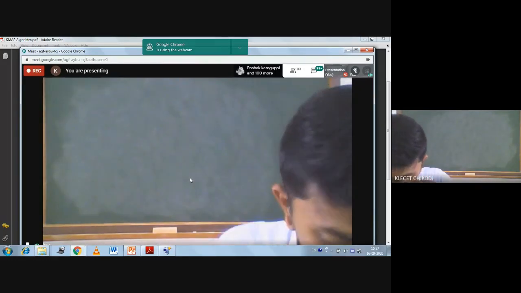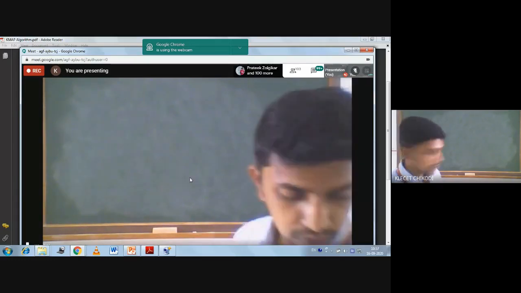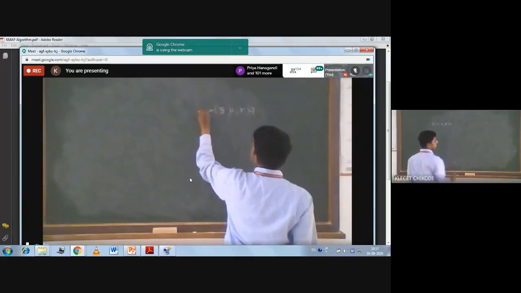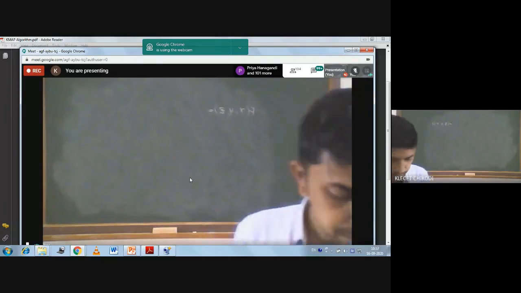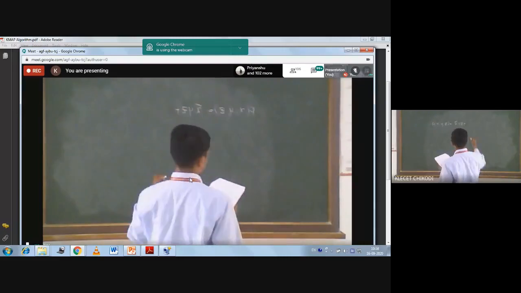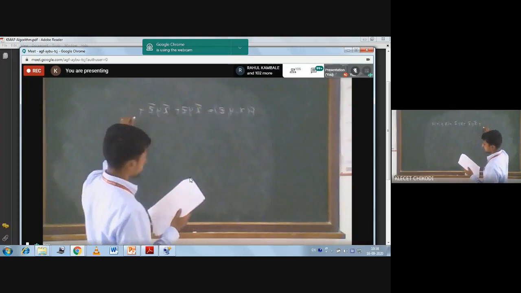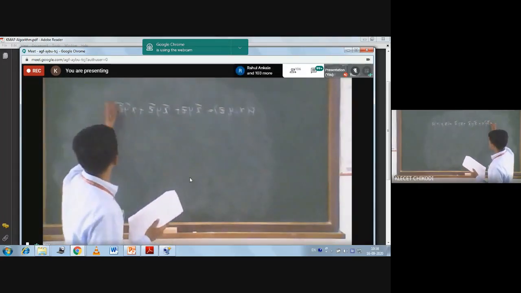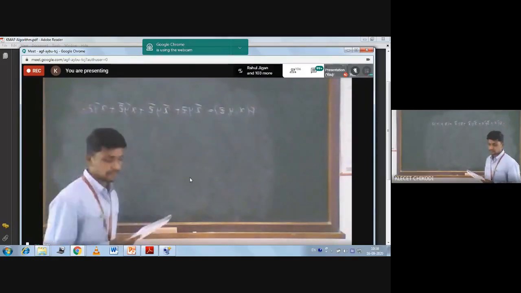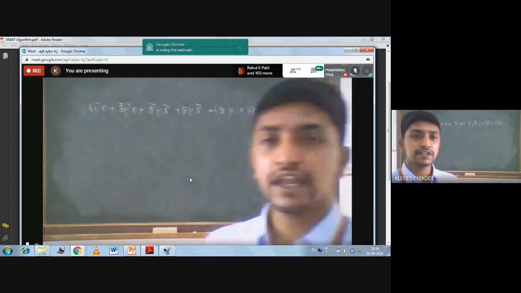Now you can see here. So I will consider one more example here. F of x, y, z is equal to x bar y z plus x bar y z bar plus x y bar z bar plus x y bar z. Okay. So this is the problem statement or Boolean expression.